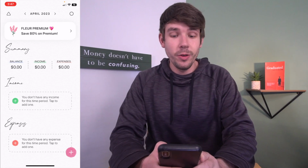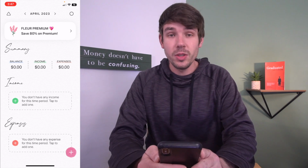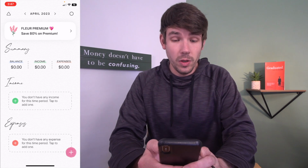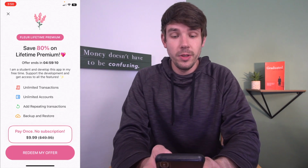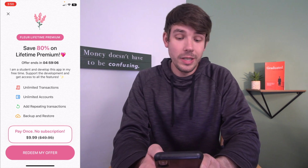So first thing to note when you open this app is it really is very cute. Super simple, which I like a lot. Doesn't have too many things going on the screen. Now here at the top, there's a banner that says that you can get Fleur Premium for 80% off. So it looks like for the next 5 hours, I can get Fleur Premium for 80% off, so $10 for